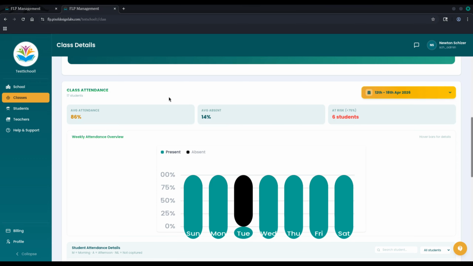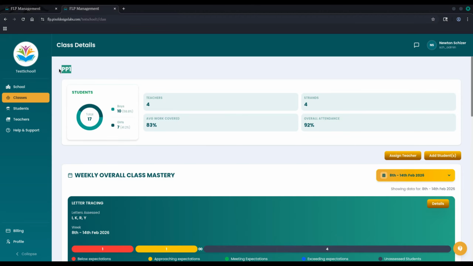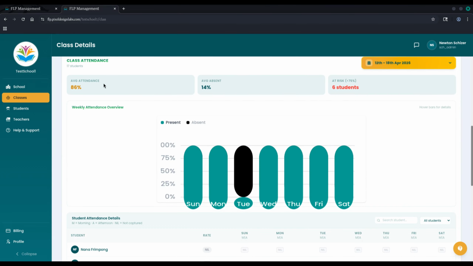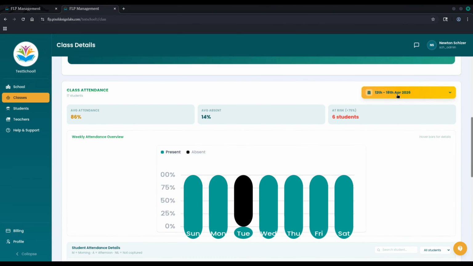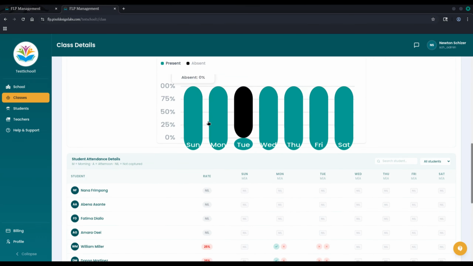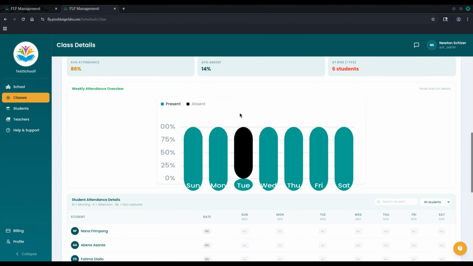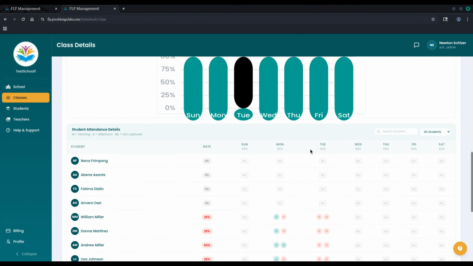Right, then below it is the class attendance. Remember, we are in the class page, so we are looking at details of this class PP1, and again, in this particular week, 86% attendance, 14% absent. The number of students who are at risk of not attending school. So here is a graph showing that again on a daily breakdown in this particular week,